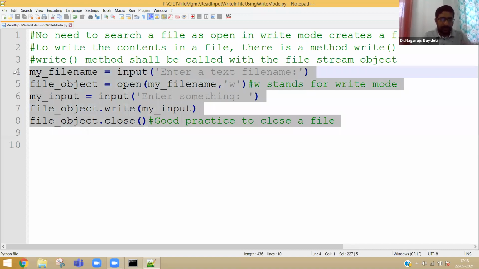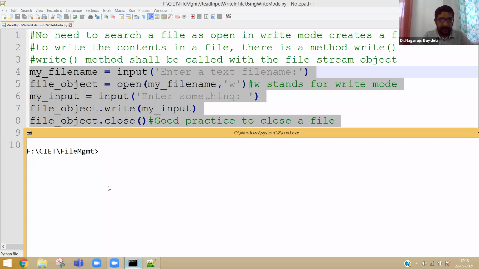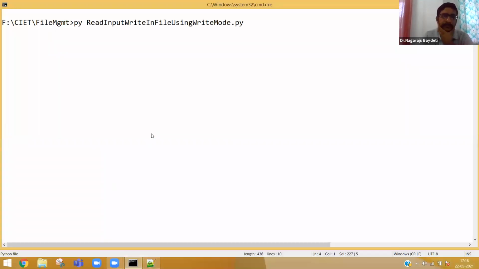Let me copy this, and then we will try to create one more file, like read input, write in file using append mode.